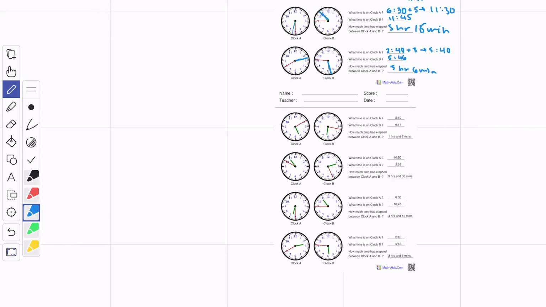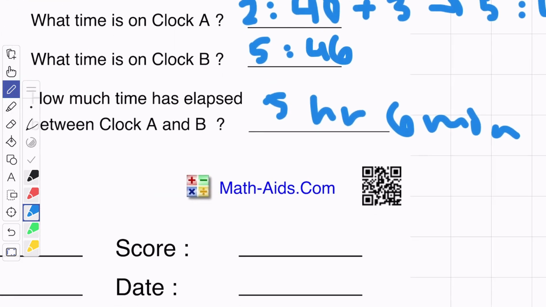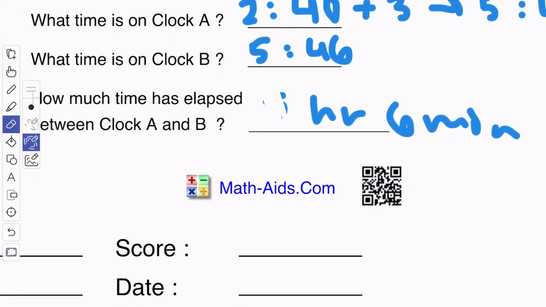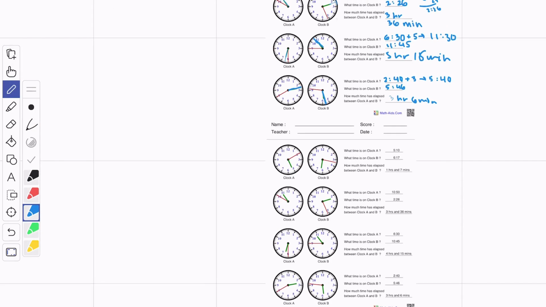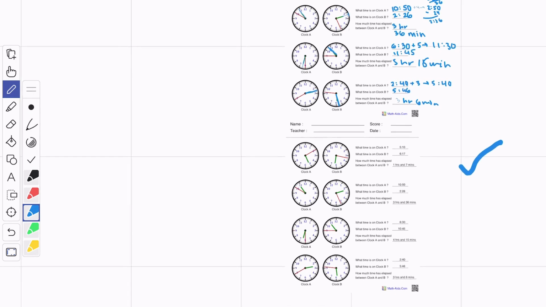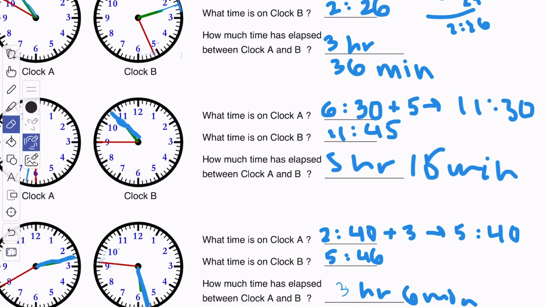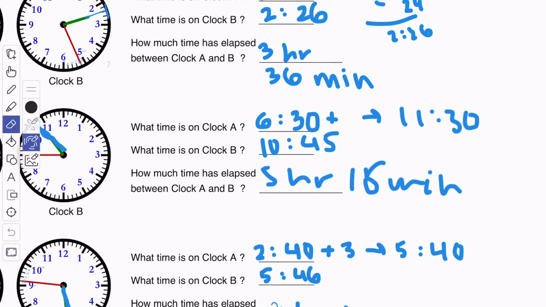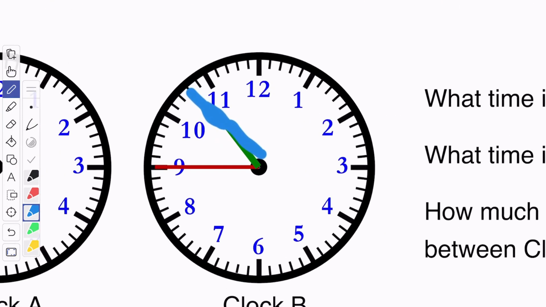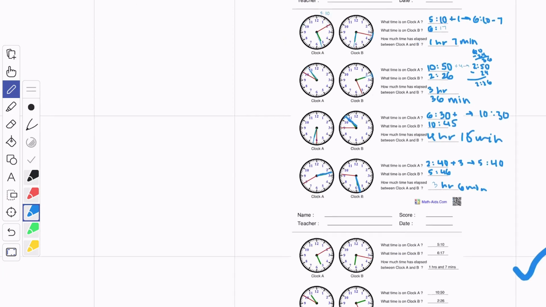Now we're going to check our work. Oops, sorry. I did not mean to write 5 over here. That's a 3. And yep, looks like we got everything right. Oh, sorry, just kidding. This one is 10. And we actually add 4 hours to get to 10. I'm sorry, I read that wrong completely. Okay, because it's in the 10 area. So yeah, that's how